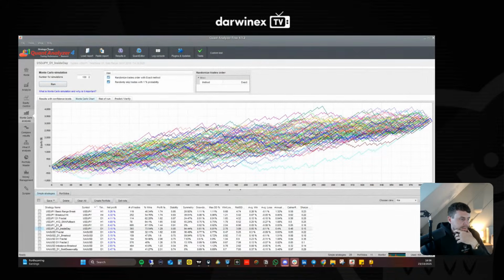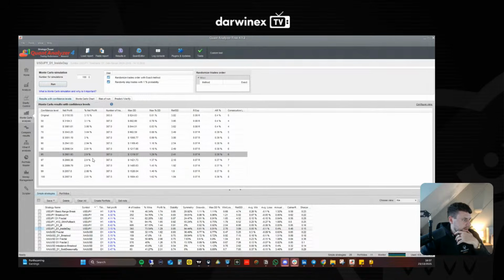So we have the majority within the average or the mean of these. We have one strategy down here, one Monte Carlo simulation of the strategy that's underperformed over the time. And we have a couple up here which were above the mean. Other than that, there's not too much to be concerned of here.